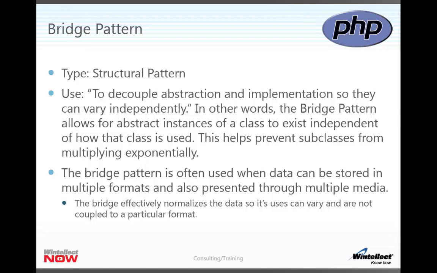Either way, I have the abstraction, which would be loading that object out of the file into an object that's in memory, and then I implement that as either a display for printing or an editor for editing or something like that. So that is what the bridge pattern is really trying to accomplish. And so these two can actually vary independently. You don't have to have a load-Word-document-into-editor method. You can load the Word document and then take that generic object and load it into the editor once you have it loaded. That's basically what the bridge pattern is trying to do.